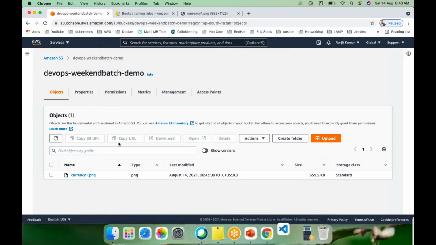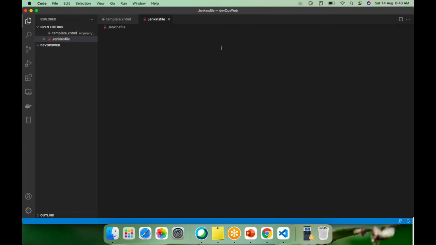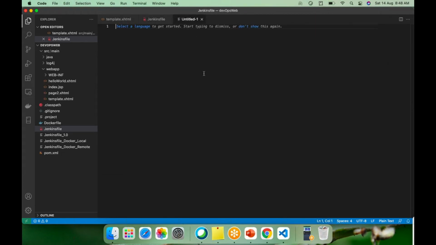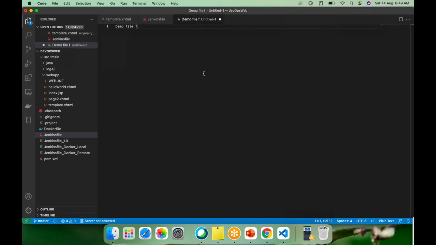Okay, now let's go and refresh it. See, I am able to access the image through the URL. So this is the bucket URL, the object URL, through which we can access that object. Now, this is one binary file, because images are binary files, right? For binary files like images, I cannot do the versioning.